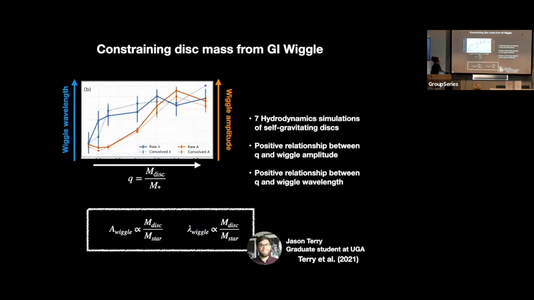Plotting the amplitude of the wiggle and the wavelength of the wiggle, you can see that it has a roughly linear relationship. It's a little bit messy, the error bars are large. So there is certainly a positive relationship between the disk to star mass ratio and the wiggle wavelength. The problem is that disks are only truly quasi-steady when they have a very low mass. When you go up to higher masses, you get periods where the spirals are very dramatic and then they calm down, dramatic and then calm down. So it's hard to take a time average of this, which is where a good chunk of the noise comes from.